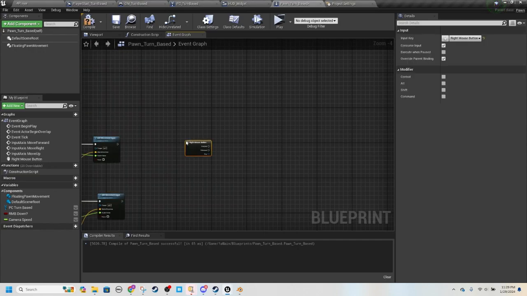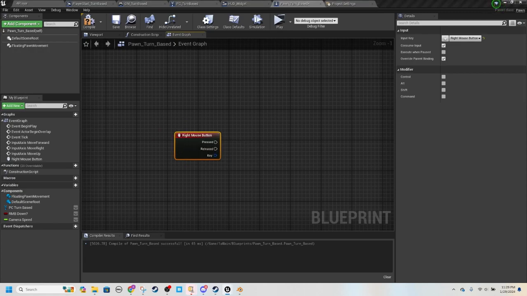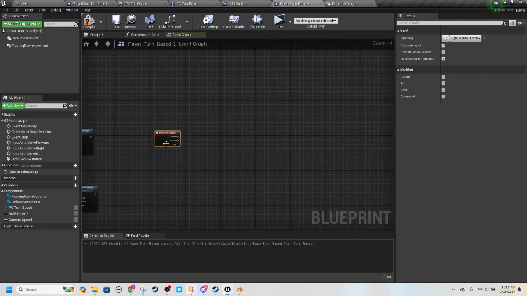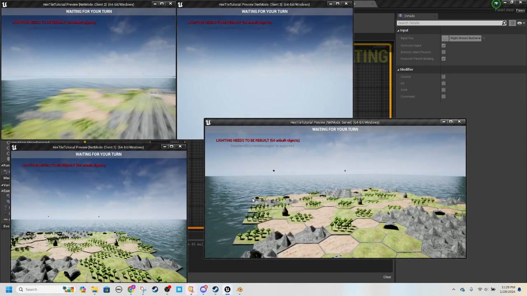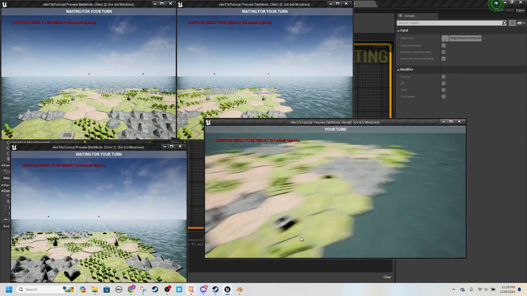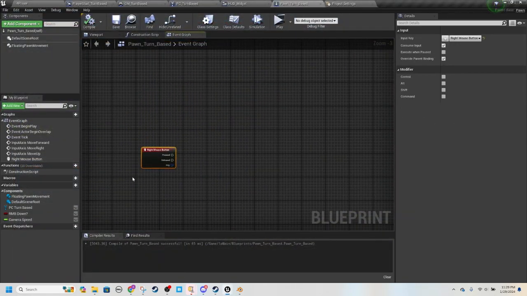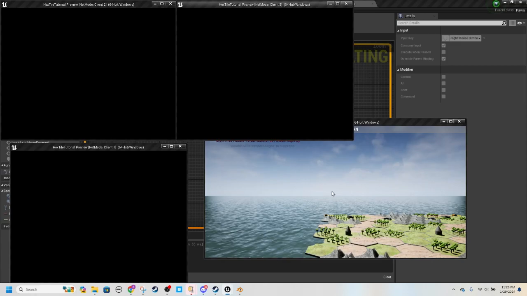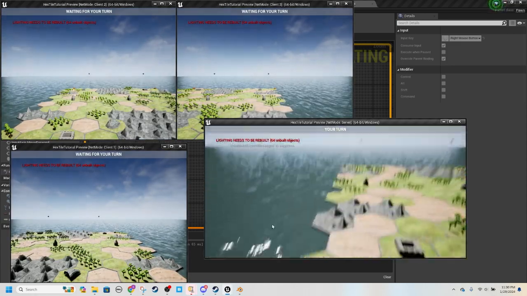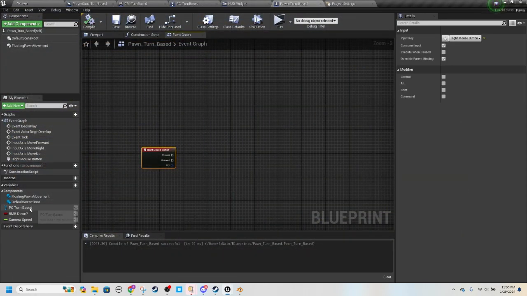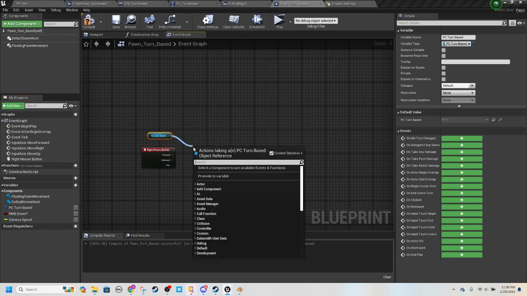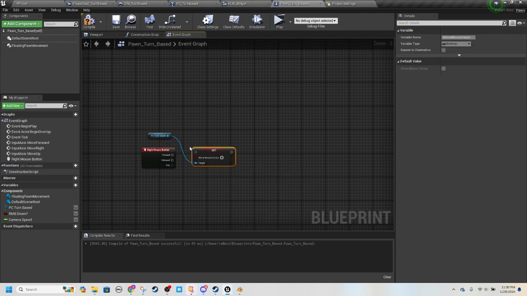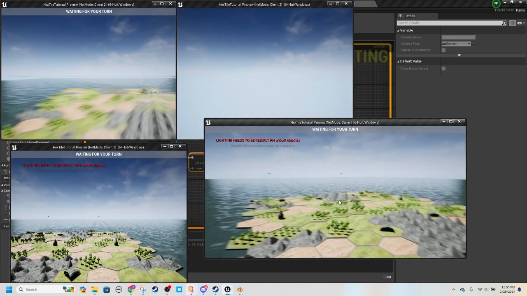Right mouse button. Okay, so when we press the right mouse button, this is what's going to control your looking around. So the first thing we're going to do is, because as we're turning now, this mouse is all over the place, it's just kind of weird. We're going to get our player controller. So when we're holding the mouse button down, set show mouse cursor, we're going to turn it off. So now when we're looking around,